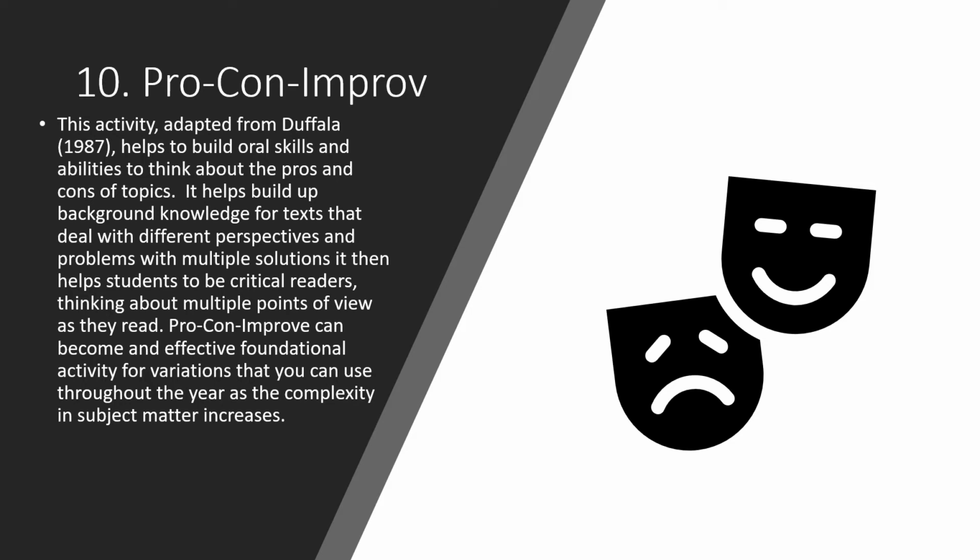Activity 10, Pro, Con, Improv. Now this activity was adapted from Dufala in 1987, and it helps to build oral skills and the ability to think about the pros and cons of a topic. And it could be absolutely anything at all. It helps to build the background knowledge for text with different perspectives, helps to give them an open mind, and helps them to problem solve with multiple solutions,